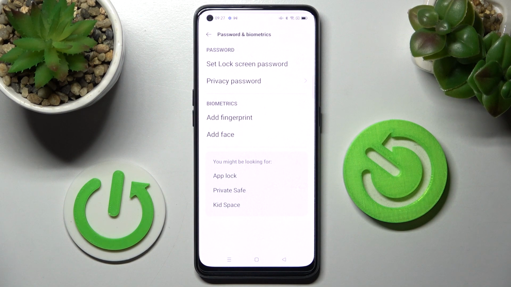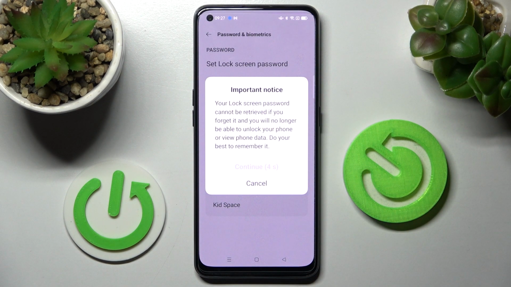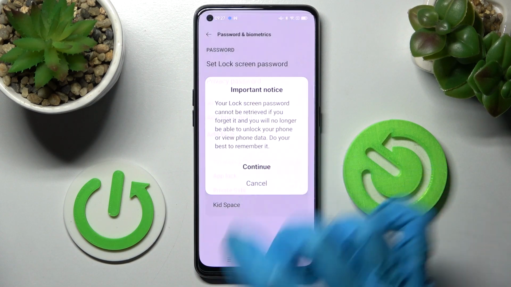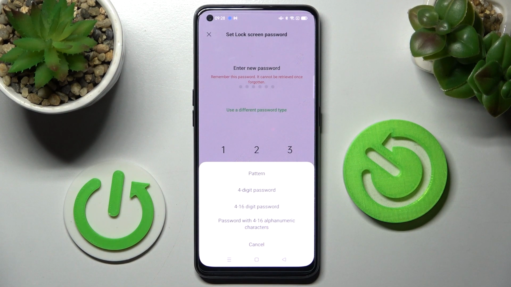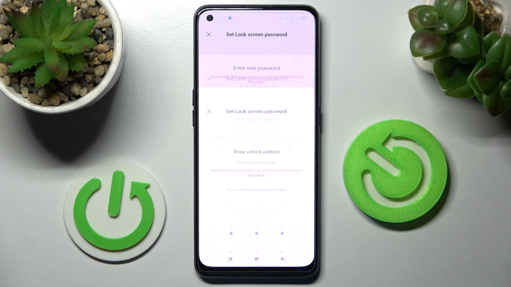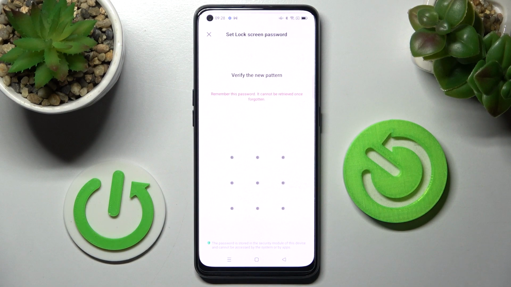After that, click on set lock screen password, wait 5 seconds and choose continue in the pop-up. Now click on use a different password type and tap on the best login method for you. I will go with pattern. Then you need to enter your login method, repeat it,